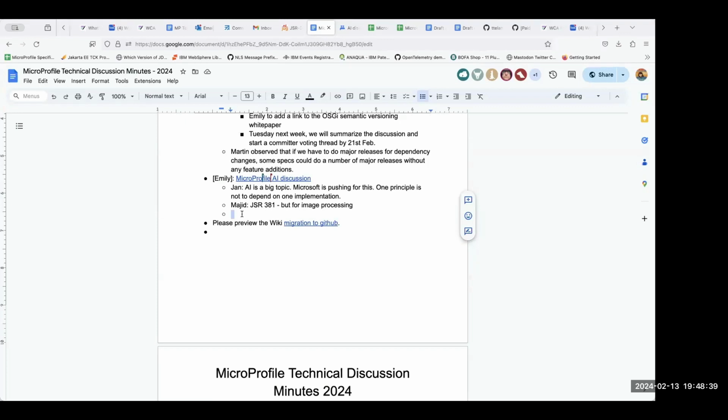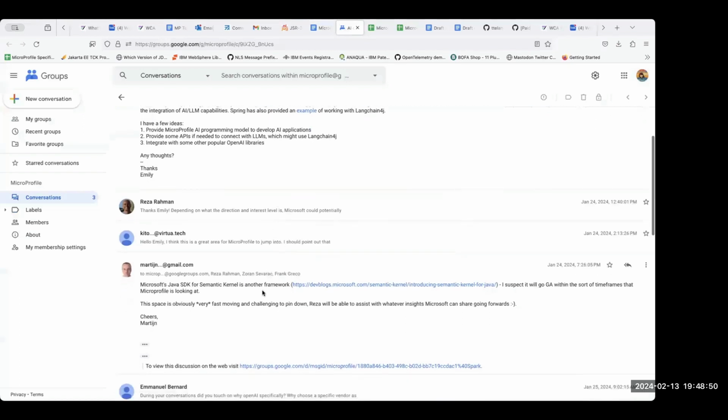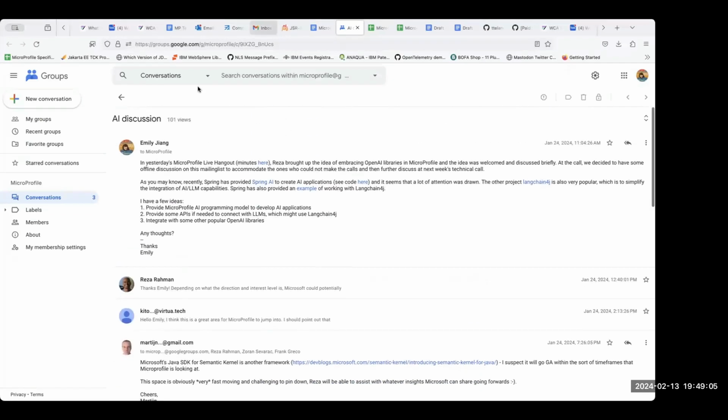You can plug in any LLM, or you could even add any of the different SDKs, like Martin mentioned here. It's another framework, I think it's in the Microsoft Java SDK, and then you can facilitate the AI. That's pretty much implementation choices.